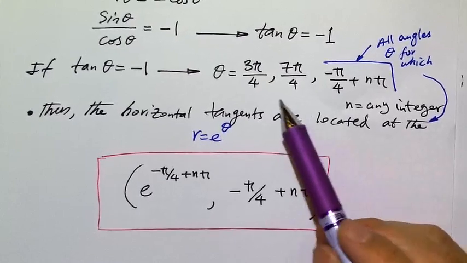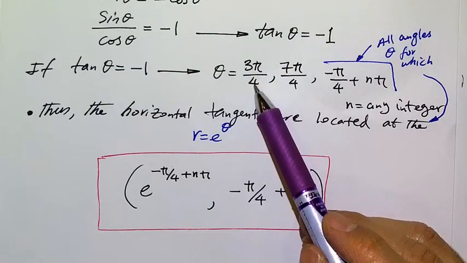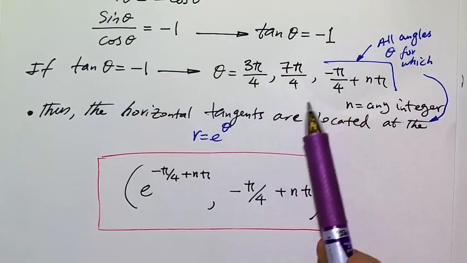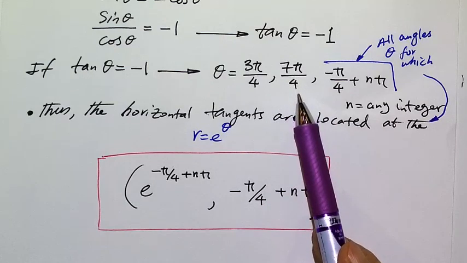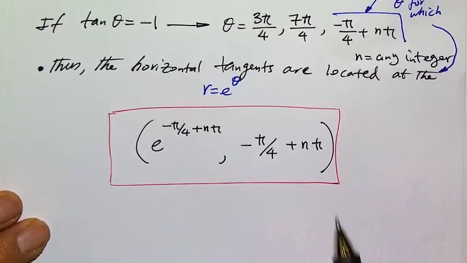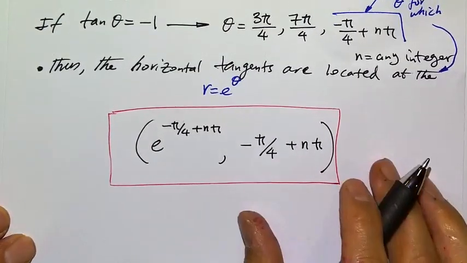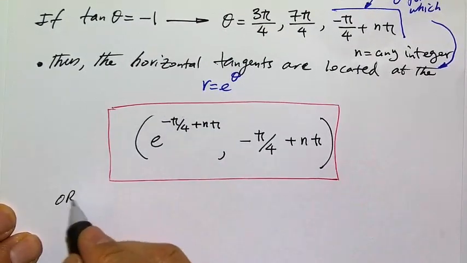It's not incorrect if you just give e to the 3 pi over 4, comma, 3 pi over 4, and e to the 7 pi over 4, comma, 7 pi over 4. Okay, as a matter of fact, let me add that. Or, if you want to give it more specifically, I want to keep that on the screen,